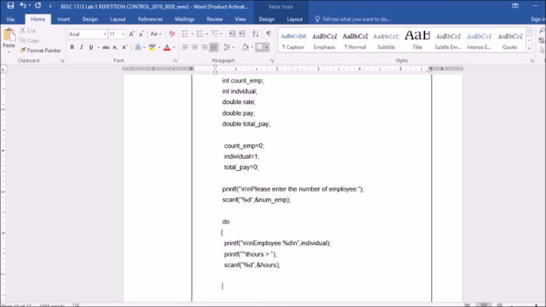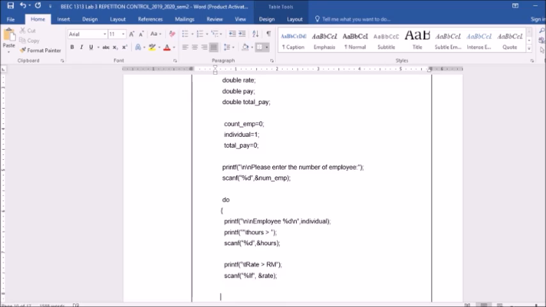And the other one is I want to declare the output for the rate. So printf the rate, which is in RM, and scanf rate,